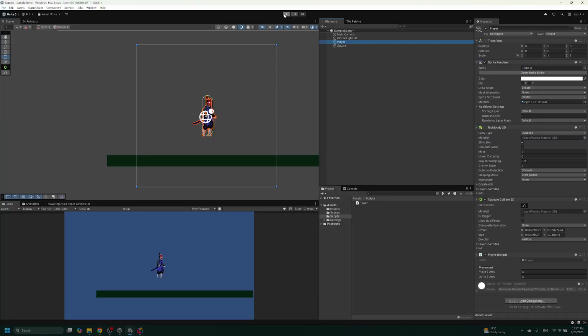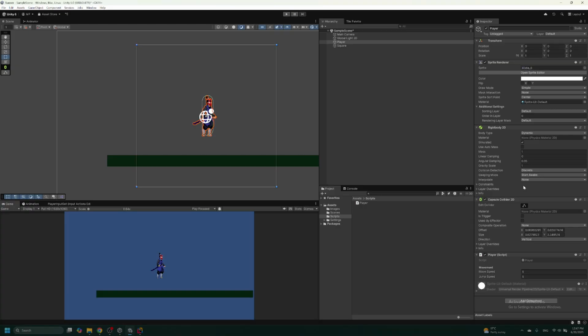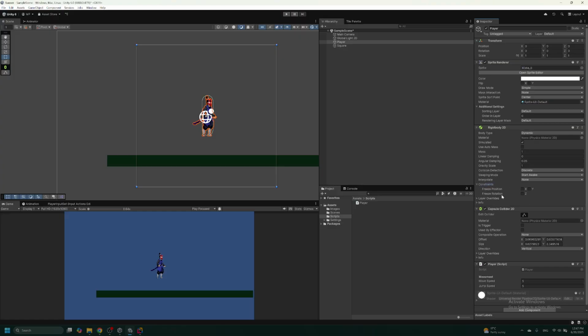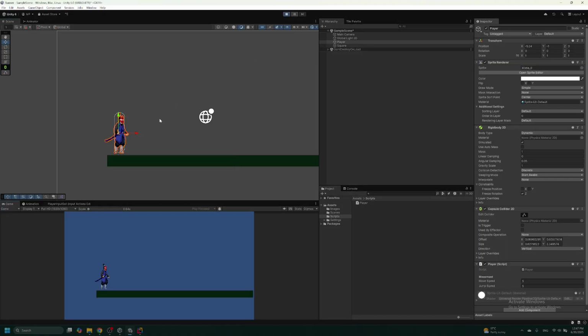And now let's start the game and the player should automatically move. But as you see, it falls down. Why? Because it has rotation enabled on the Z. Inside of the Rigidbody, there are constraints, and we can freeze rotation on the Z axis. That's what we need to do to prevent our player from falling down. So now let's put our player here. Let's start, and it should move. Right now we don't have any animation, we don't have any jumping,